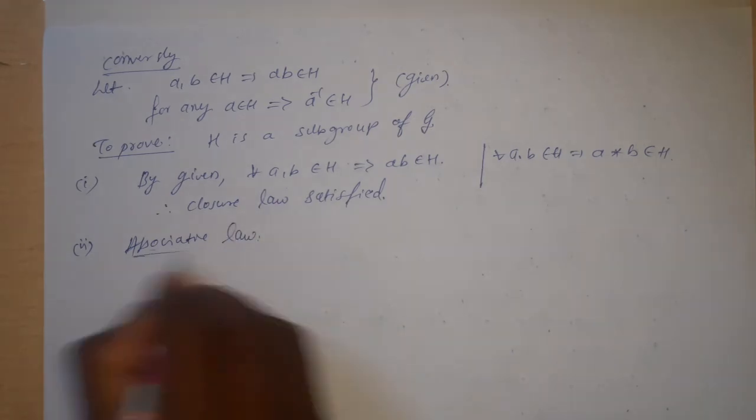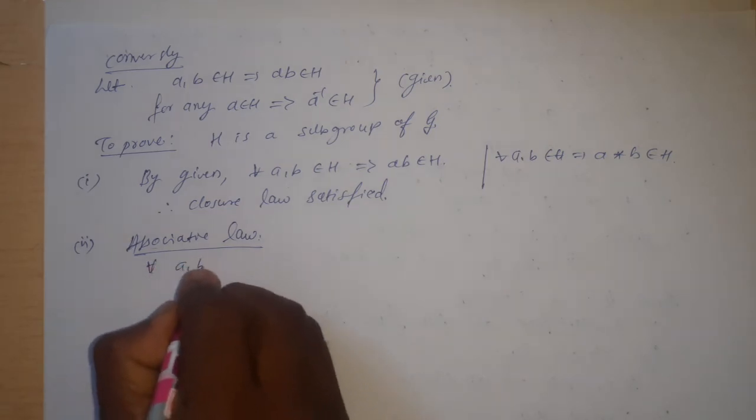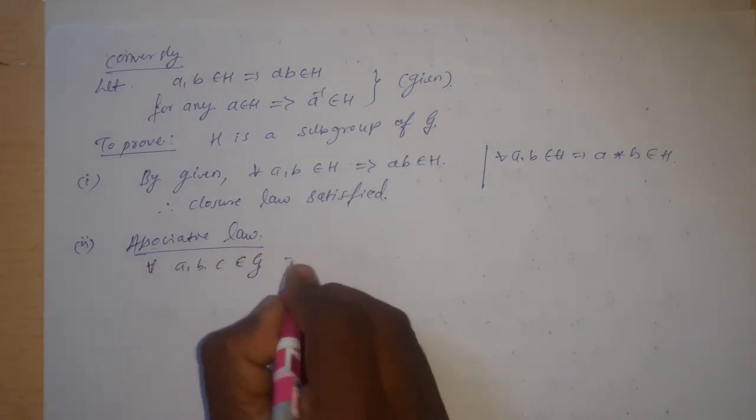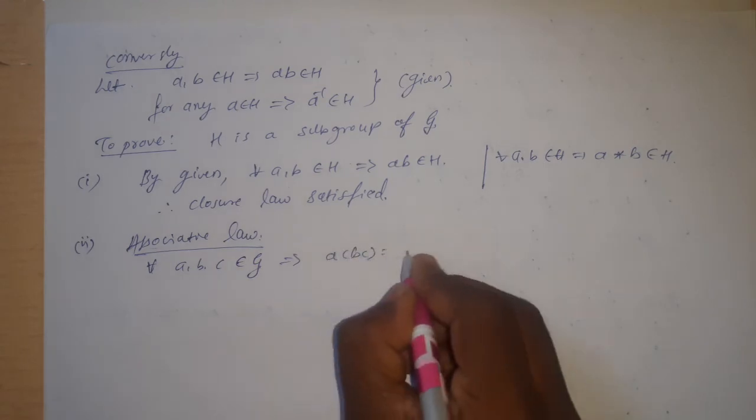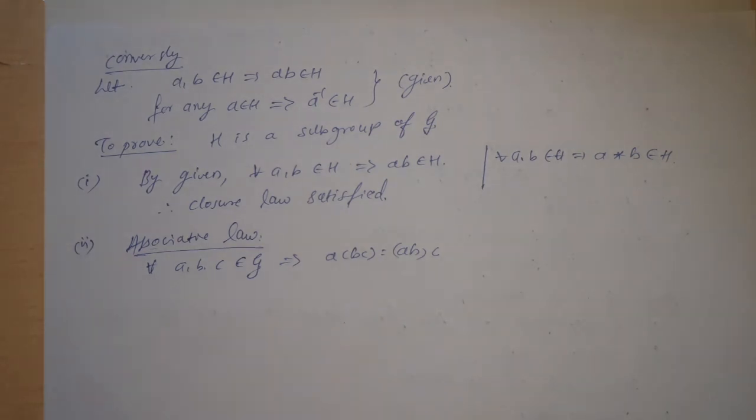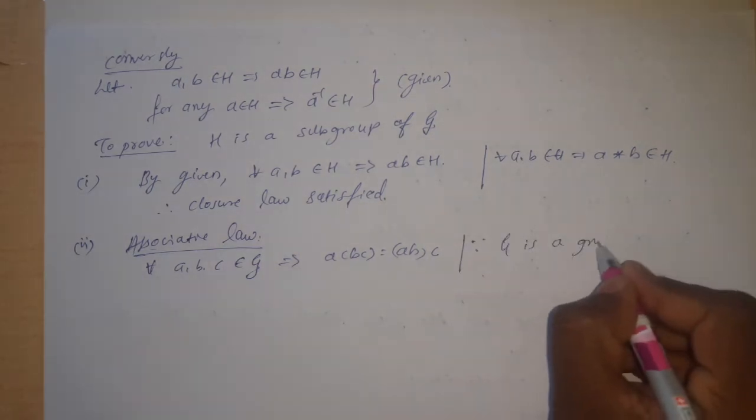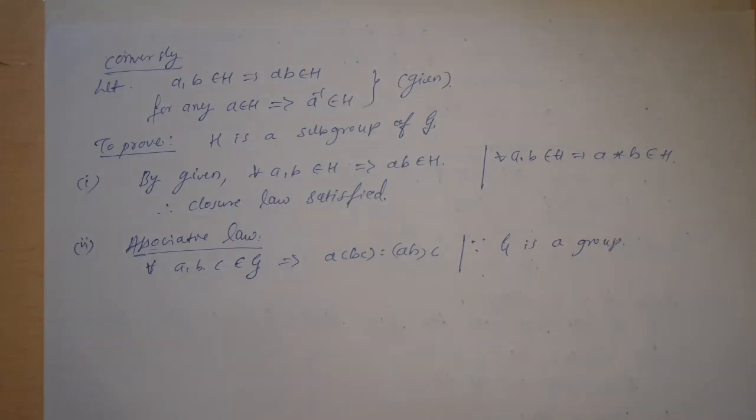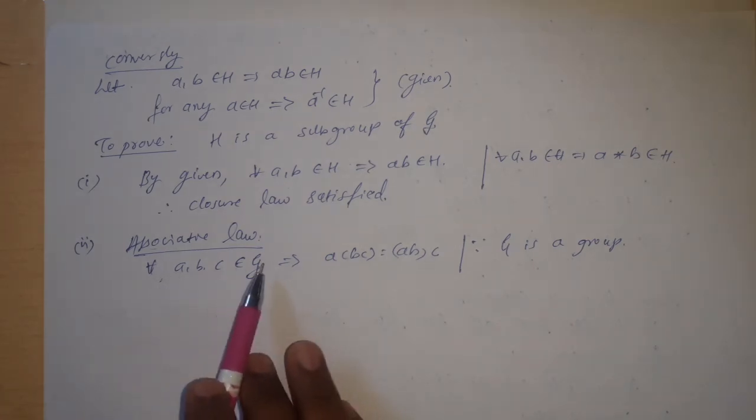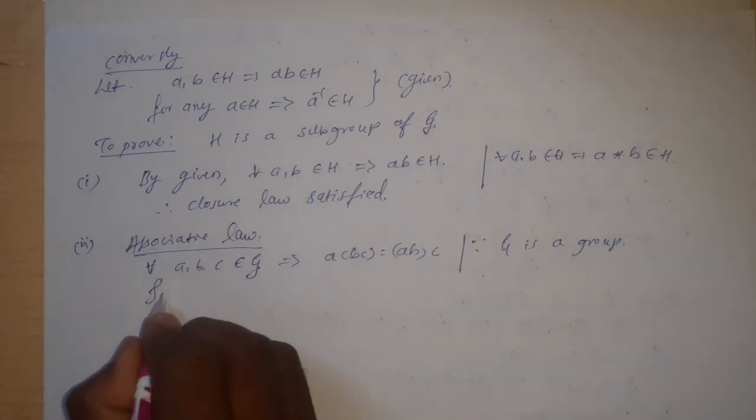Associative law. Now, for all A, B, C belongs to G, it implies that A into BC is equal to AB into C. Here we can write that because G is a group, any group has to satisfy the associative property. So, that is why for all the elements in G, the associative property holds good,